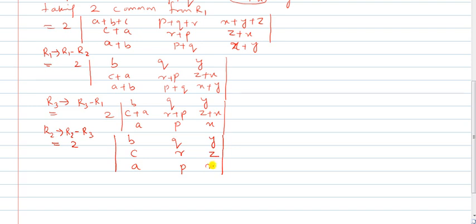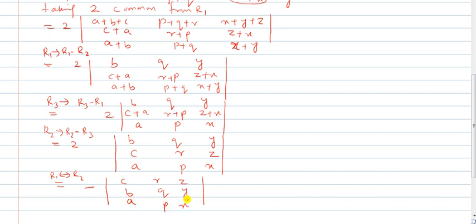Now as I have told that if I want to change the column and rows, then the sign of the determinant becomes negative. So what I will do here, I will first exchange your row 1 with row 2. The value will become negative, 1 exchange, value becomes negative. So it will be C, R, Z, row 2 will go to row 1, this is B, Q and Y, row 1 will come to row 2. So row 1 and row 2 are exchanged among each other, right? Now value becomes negative also, A, P and X.